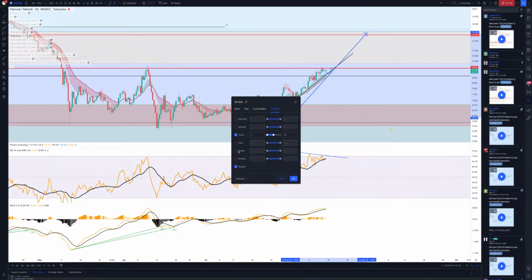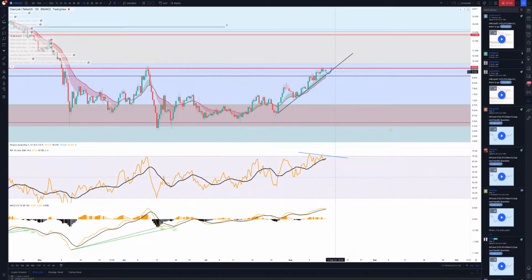Oops, I don't want to do that. Get rid of that. So we've got the trend line, and if this dips down through, we can say that, okay, the 10 and 20 moving average. So I do think that we are having a bearish divergence. This might just come back and then drop.